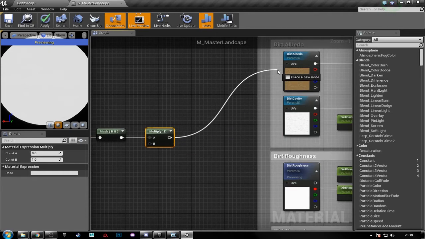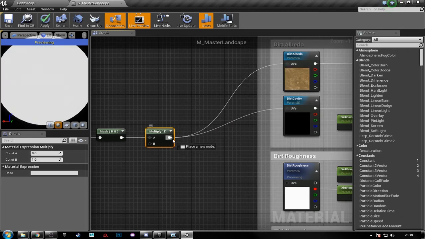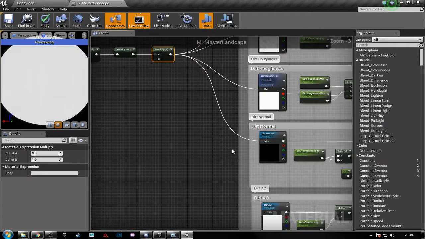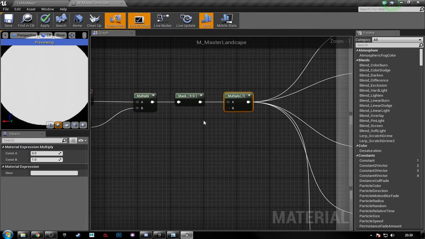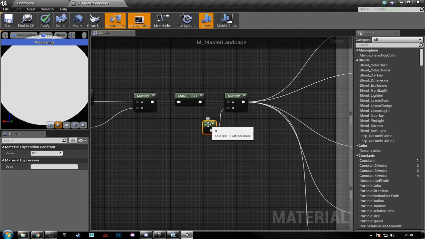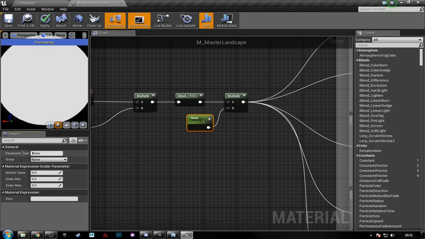So for this one we'll just drag into our dirt, and dirt, dirt, and dirt. Now from here we want to bring in another constant, so just 1 and click drags a constant in, and if we right click convert to parameter, we can then call this our dirt tiling,